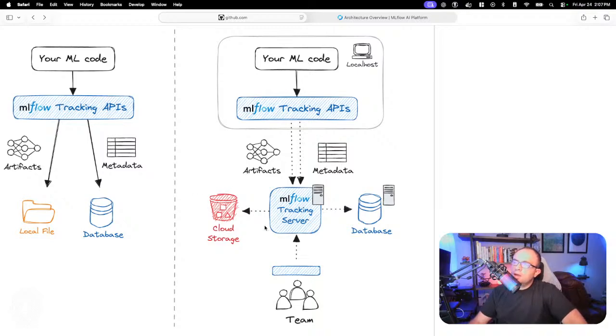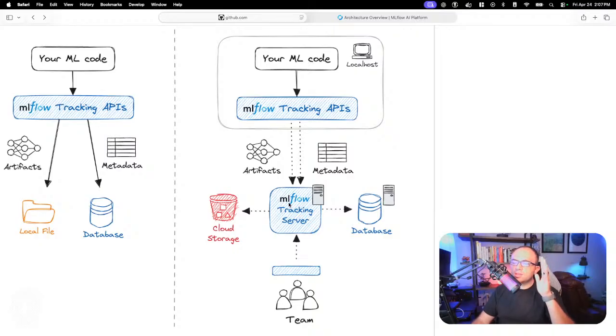And then associated directly with that is a database backend. The database backend is going to contain things like metadata about the various models that we've registered, or different metrics that we've captured along the way, etc. So basically it stores a bunch of structured data that directly correlates with the artifacts and the artifact storage, all manifested through this tracking server. If this is a little bit confusing right now, I hope it'll make sense as we get into the stream, and then we'll actually be able to see directly for ourselves with our own work how this is working out.